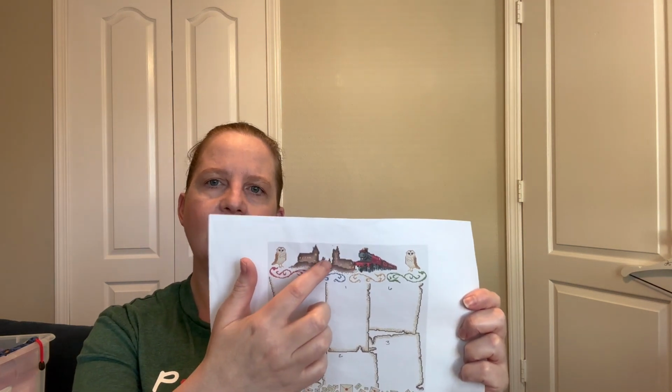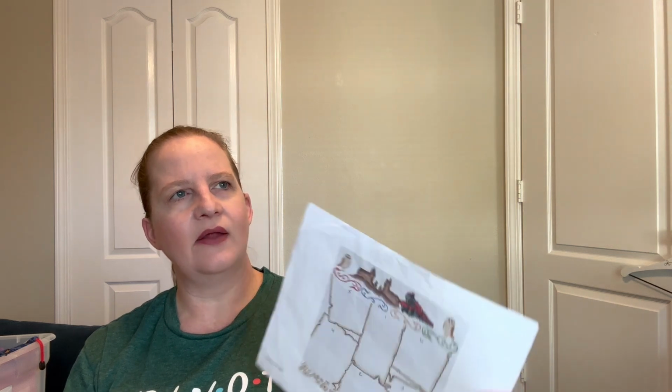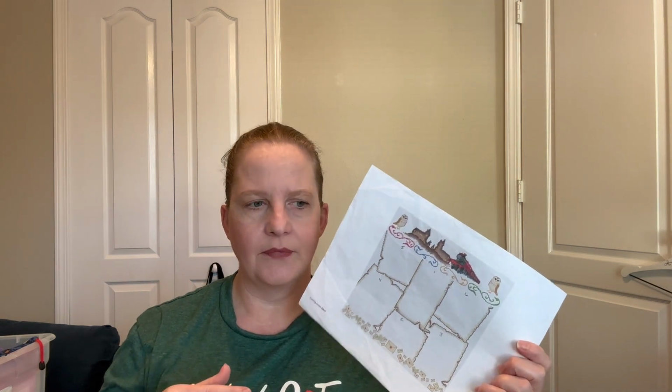I do have a pattern for an alternate castle that I can put up here, and then I have a few patterns. I think I have one of Hedwig delivering a letter. There's a pattern for a whopping willow, and all these things I was getting from the files section of the Facebook group of people that had done their whatever. So what I can show you, I'll insert screenshots of